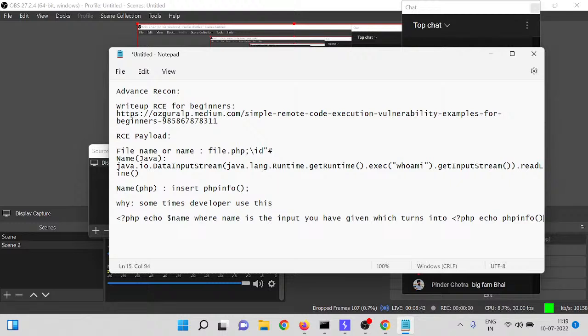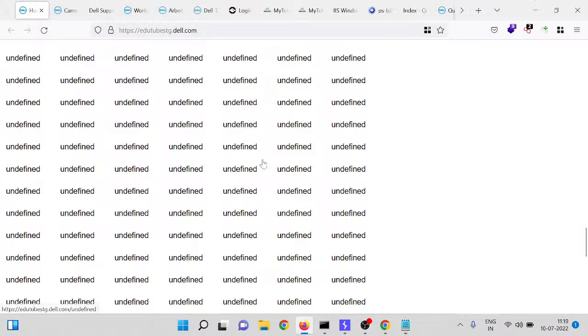So today, brother, what we will do is advanced recon and the mindset to hunt for RCE and different vulnerabilities. In the last stream I showed how to create notes and all, but in this stream I will show how to choose a subdomain for hunting, because if there are more than like 1500 subdomains, how do you choose which domain to hunt on.